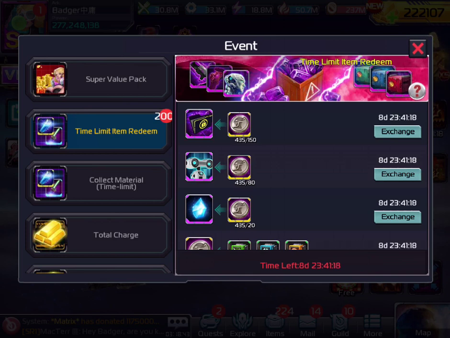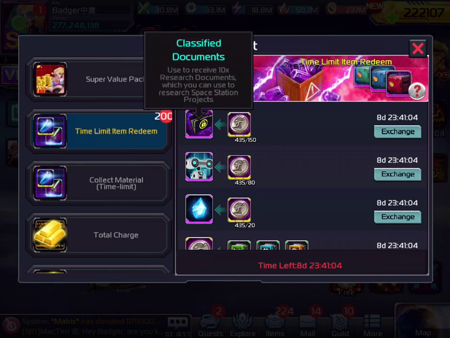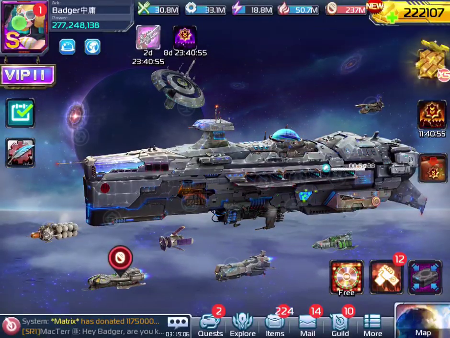I mean, I have over 1,200 pure crystals. Maybe I'll even use... Actually, okay. I was going to say I should use it for the IntelliBots, but no. Whereas every previous year, the classified documents is worth 10 research documents. In previous years, I haven't touched this. I think I might go for those